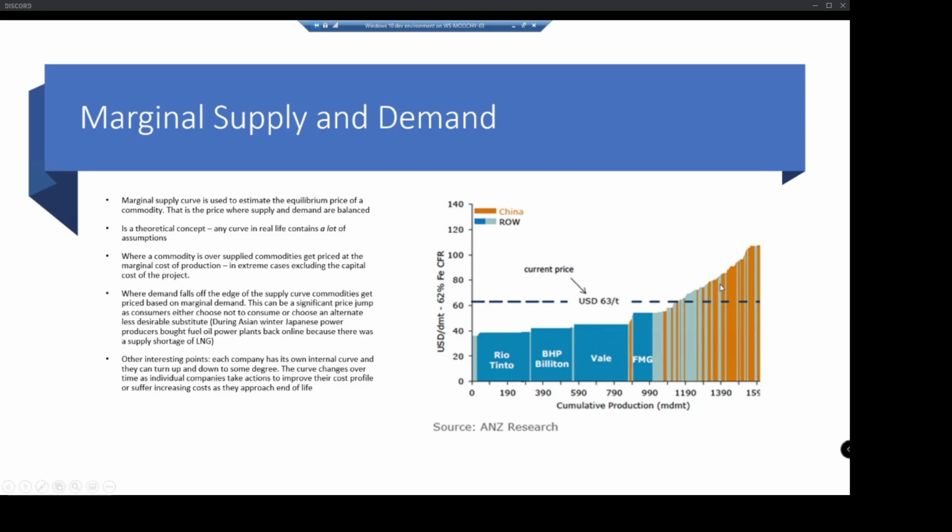The other thing that people naively do is they go, okay, $62 a ton, this tiny little guy here, he's not going broke. That's the theory anyway. But what they forget is that FMG, Vale, BHP are all building production, and their boxes are going in this direction and pushing the entire curve this way. And so this guy here, who's just breaking even, is going to go broke, because the current price is going down, because all that's being demanded here is 1,200 megatons per year.